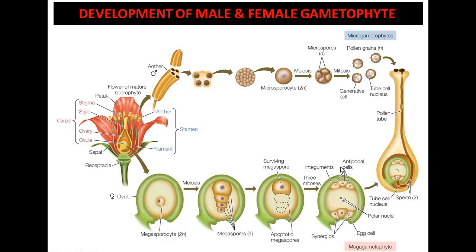But in the next slide, just get the summary of all this process. First of all, you can see this is a flower which is having all the parts, from which we have taken only the anther part. Then there will be tiers of the anther. So you will be able to see the tetragonal structure, and at each corner round structures are there which are called microsporangium. And after that you can see the mass of cells which is called sporogenous tissue, from which one will be pollen mother cell and it will be responsible to produce the pollen grains by the process of meiosis. So meiosis 1 and meiosis 2, finally 4 cells will be there, a tetrad will be there.